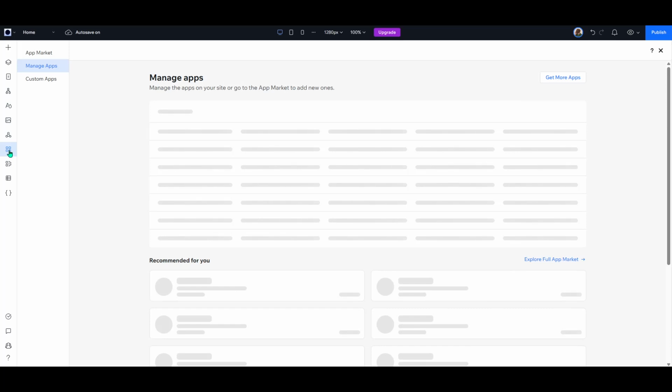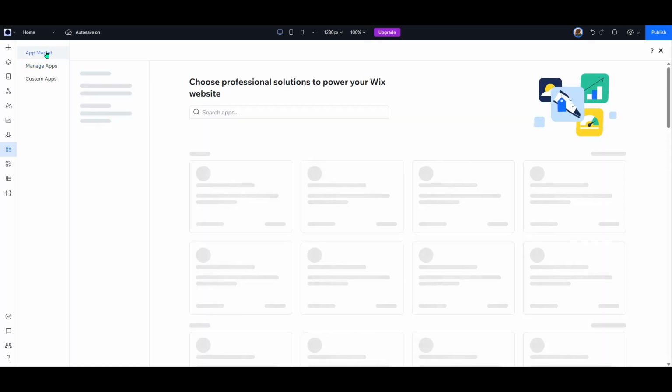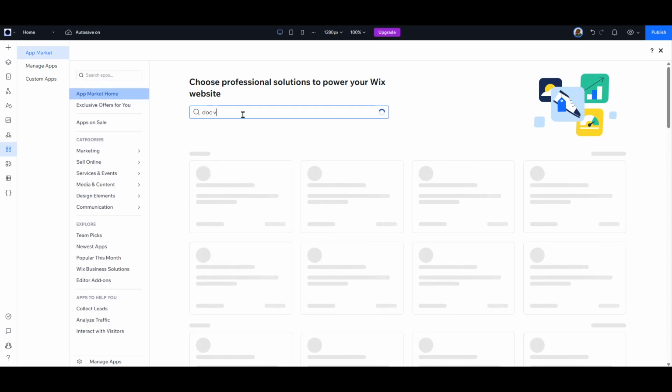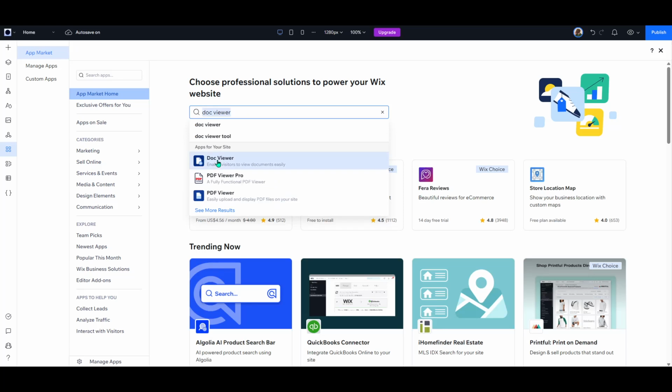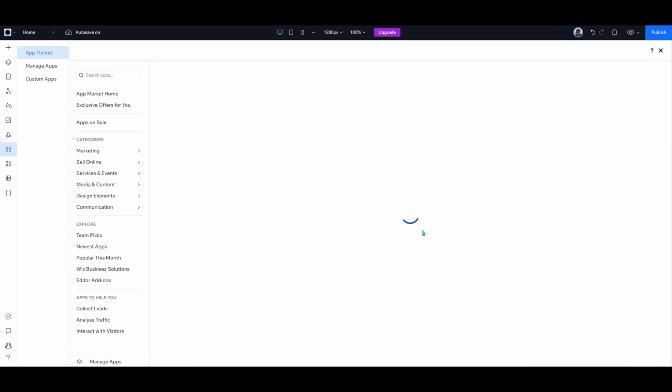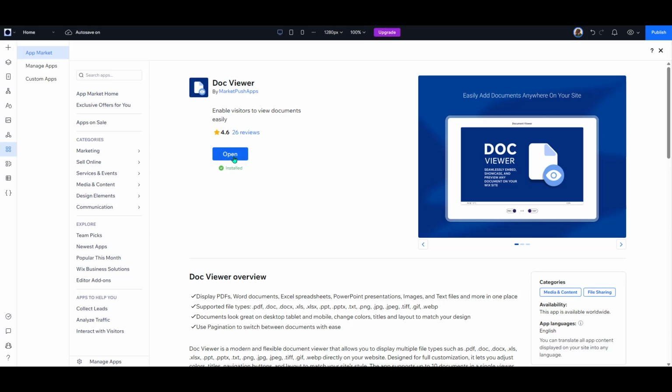Start in the Wix editor with the page you want to use open. On the left-hand side, click the App Market. In the search bar, type Doc Viewer. You'll see a document viewer app designed to embed PDFs. Click to open its details, then install it to your site. The install only takes a moment, and when it's done, you'll have access to the viewer element you can place